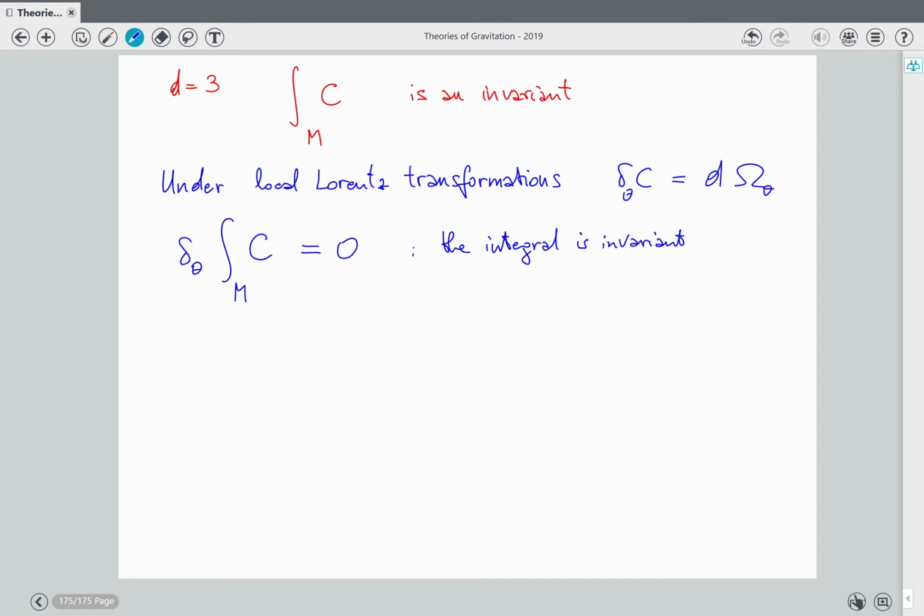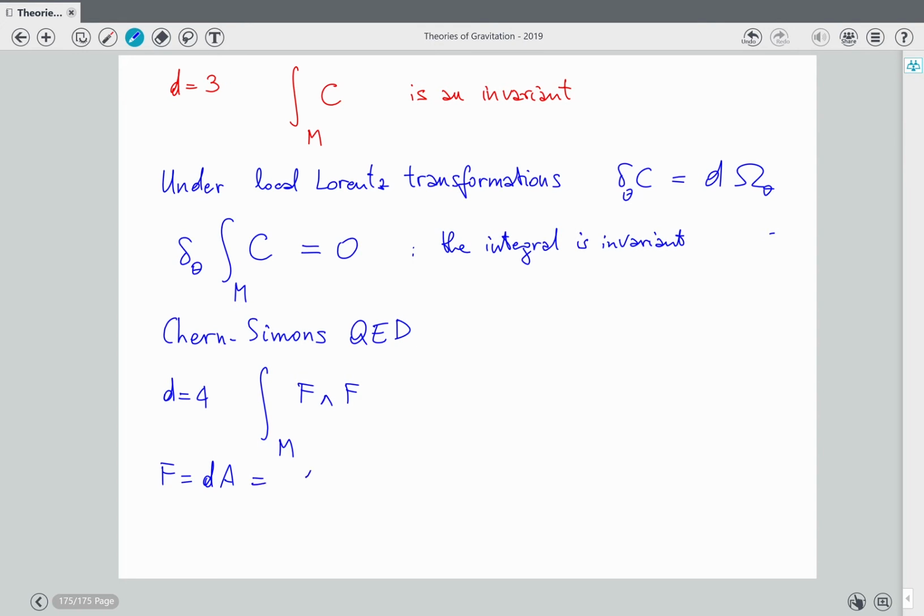QED, sort of QED, which is actually called Chern-Simons QED. It's not really an electrodynamics. There's not much dynamics in this theory. It's called a topological theory. So let's start from d equals 4, where you may consider the integral of F wedge F, and F is equal to dA,